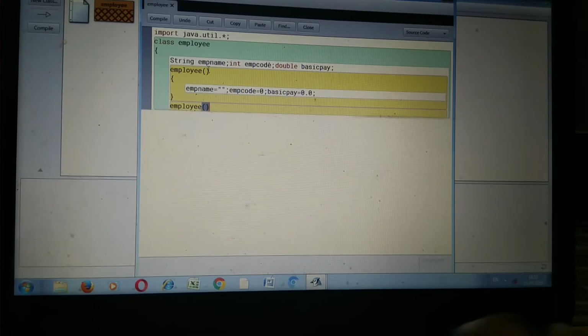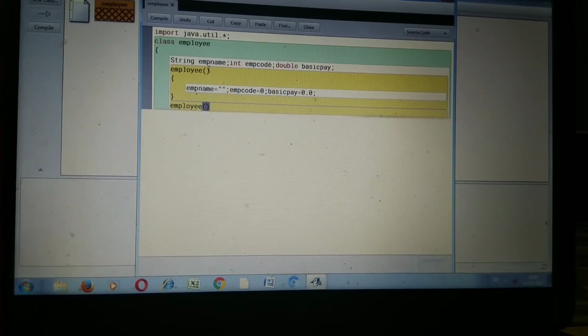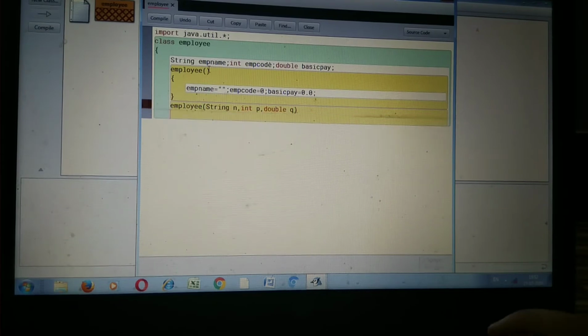Within this constructor, you pass the parameters: a String with variable n, then comma, int with variable p, then comma, double with variable q. These variables are given in the parameterized constructor.